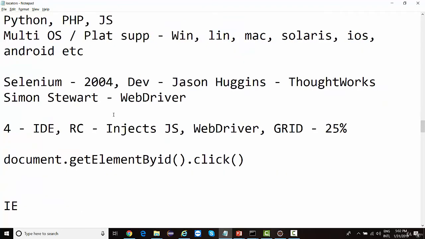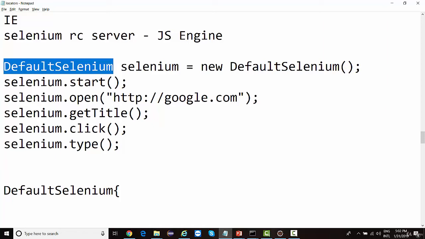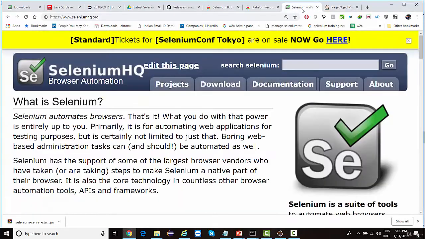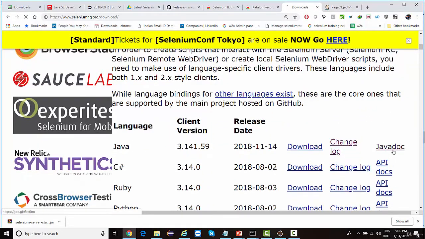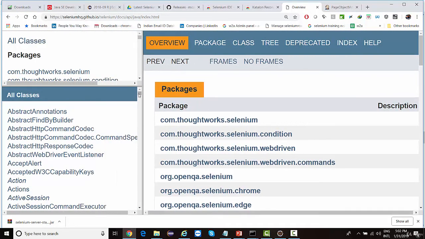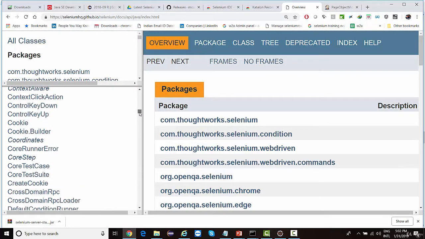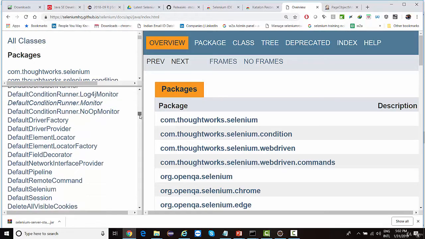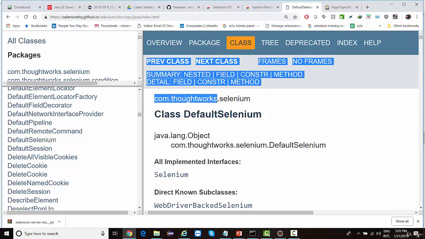Not only the architecture, this class, this library was another big challenge. How? If I show you this class on Selenium HQ, if you want to see this class, go to download. Over here, you'll find a Java document. So you can see a huge collection of classes. Now, all these are not related to Selenium RC. At the time of RC, there were very few classes. One of the major classes was this DefaultSelenium class created by thoughtworks.com.